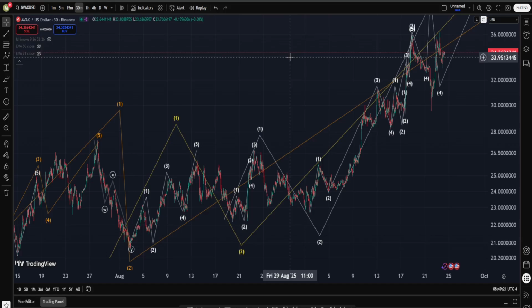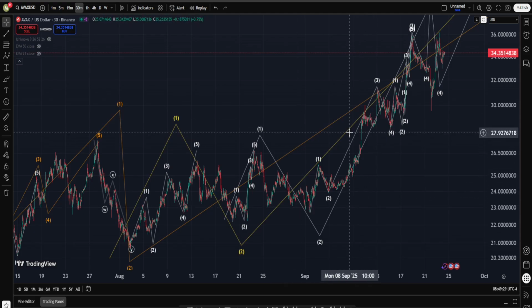And in this update, we are going to check out Avalanche's price chart. And in my view, this is actually the perfect example of if the structures are looking bullish, no matter what is going to happen to the rest of the market, they are going to do the job beautifully.